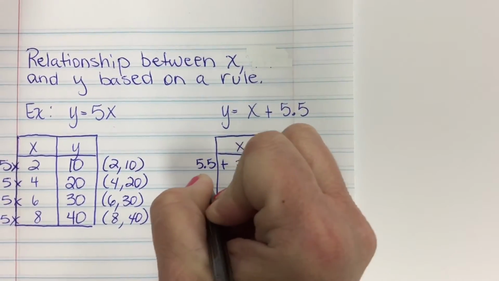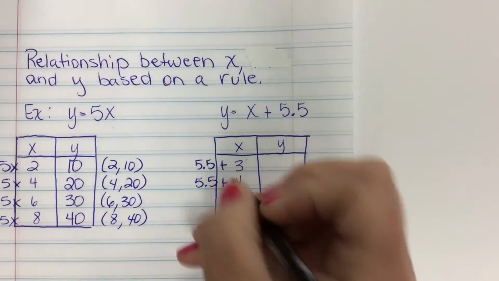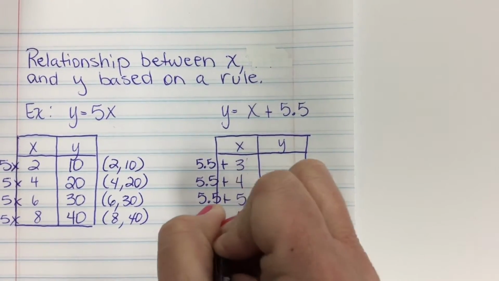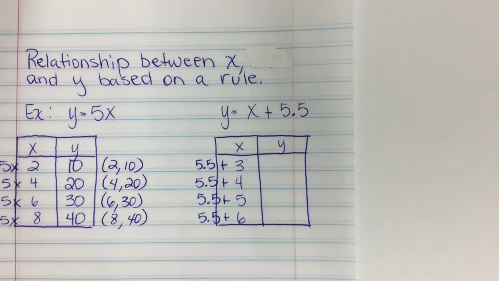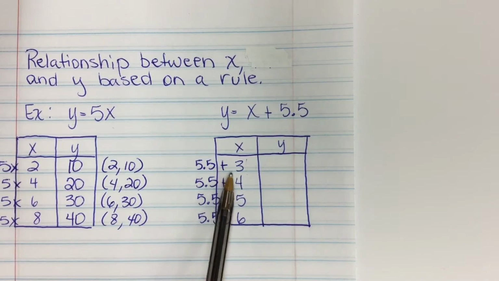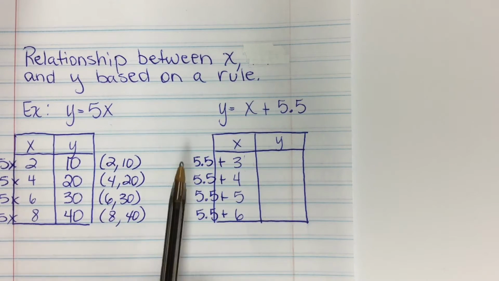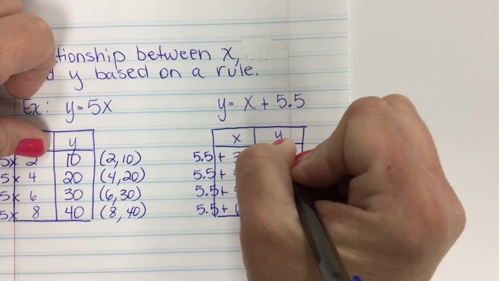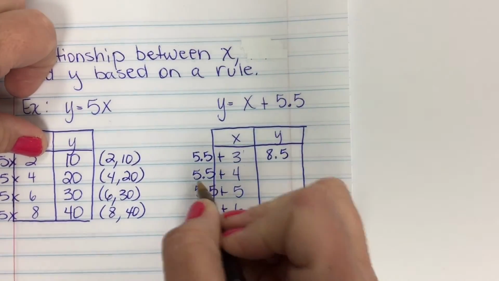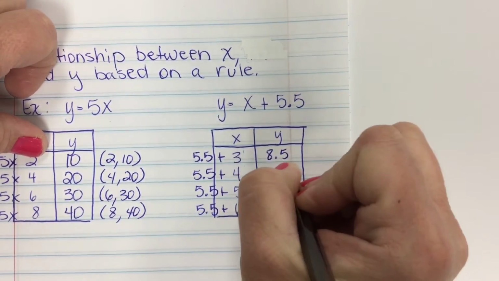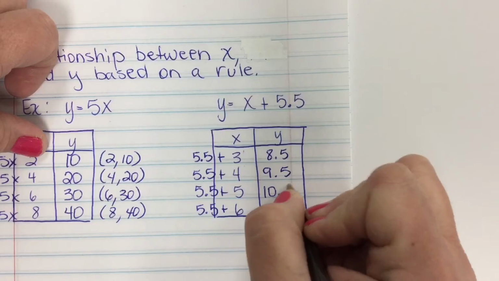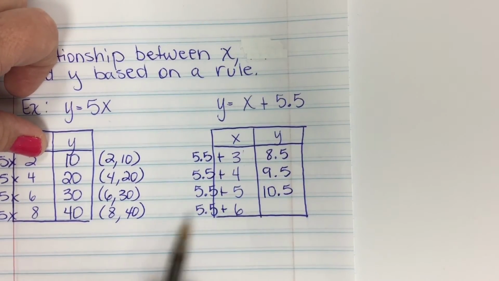All right. Sometimes you'll be given the information and you have to identify the rule, and that's what we're going to do next. But on these, it gave you the rule and it wants you to tell what the y is. Well, 5.5 plus 3, these are all whole numbers. So all you're doing is adding 5 plus 3, and you get 8 5/10. 5 plus 4 is 9 5/10. 5 plus 5 is 10 5/10. 5 plus 6 is 11